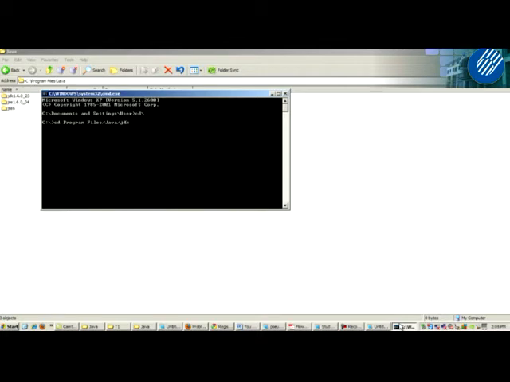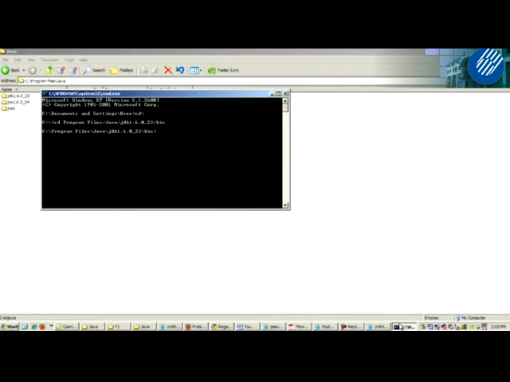Okay, you type program files slash Java slash JDK 1.6.0 underscore 23. You can use tab. Then you need to go to bin, slash bin. Okay, hopefully it's correct. Okay. So after you press enter, if you can see the whole thing retyped again by the system, means you are in the correct folder.